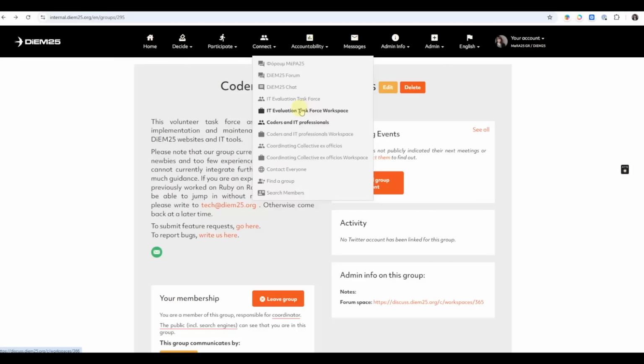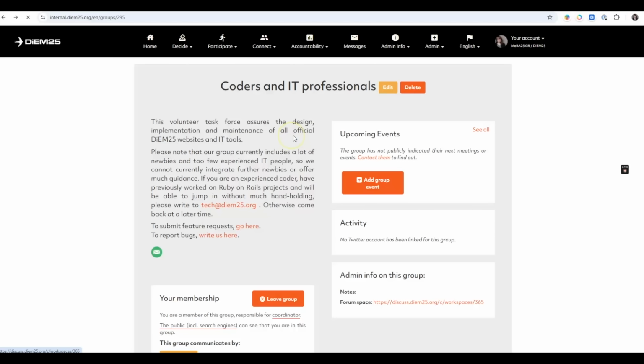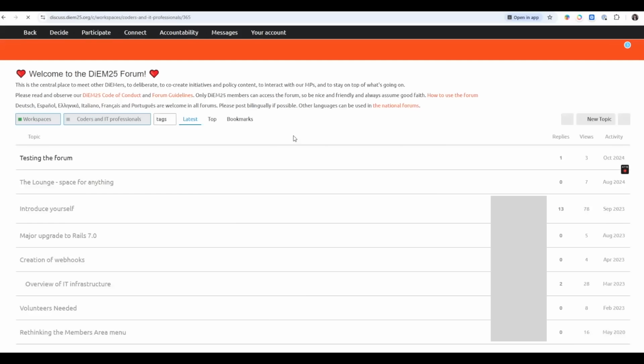And basically, if you go to the workspace link, then you will be in a private forum where only your group members can communicate, and whenever you write something there, a new topic, then all the group members will get a notification, assuming they're allowing the forum notifications. So usually an email, even if they're not online, they will get an email. So it's kind of like a small cousin of a mailing list, if you want to use it like that.